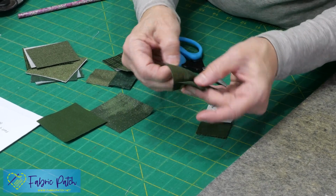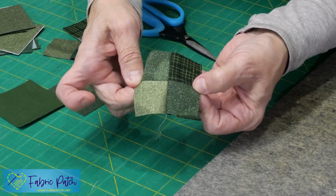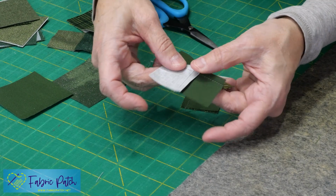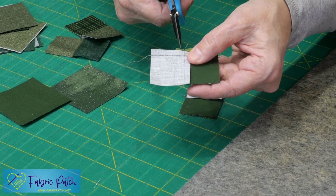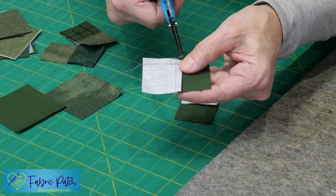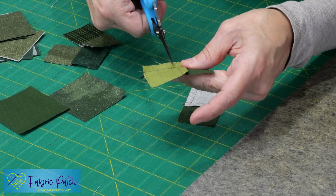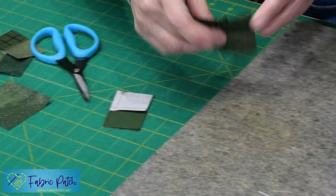I'm just going to open this up and show you again. When you've nestled that point, you end up with that perfect point in there. And on the back, we showed you last time that little clipping trick. So if you'd like to do that, I want this to go to the dark, so I'm going to clip this seam, not into there. And then I want this one to go to the dark, so I'm going to clip this one. And then when I press it,